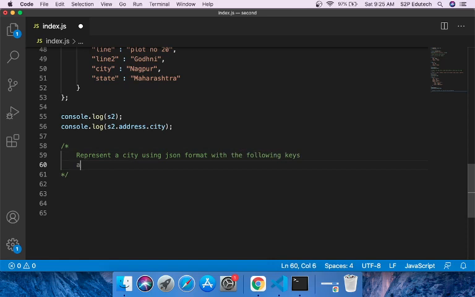The first key would be name, second key would be area, third key would be population, fourth key would be language, and fifth key would be state. That means the state it belongs to. This is the first thing that you have to represent.